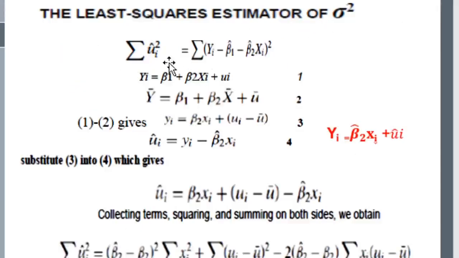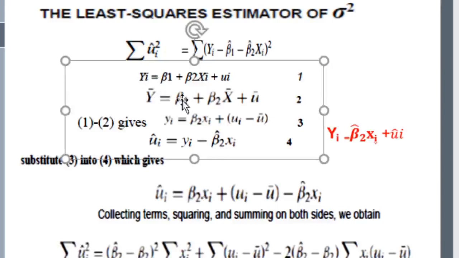We know that summation of ui cap square equal to summation of yi minus beta 1 cap minus beta 2 cap xi whole square. This is the least square criterion that we have already discussed. And yi equal to beta 1 plus beta 2 xi plus ui. This is another equation we need. Its mean value is given as y bar equal to beta 1 plus beta 2 x bar plus u bar. That is equation number 2. And 1 minus 2 will give the equation, that is, subtract this equation